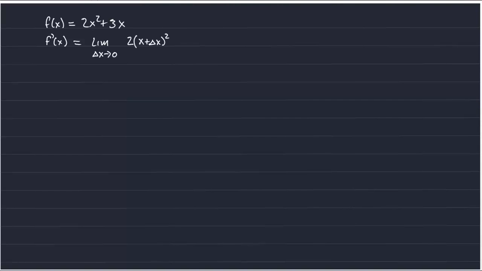So we're evaluating the function at x plus delta x, plus 3 times (x plus delta x), and we have to subtract the function evaluated at point x, divided by delta x, and that equals